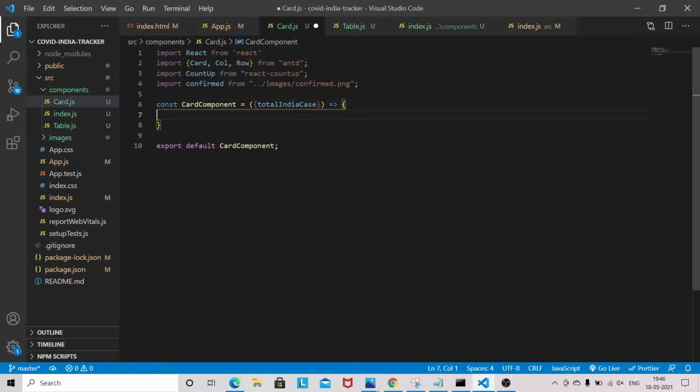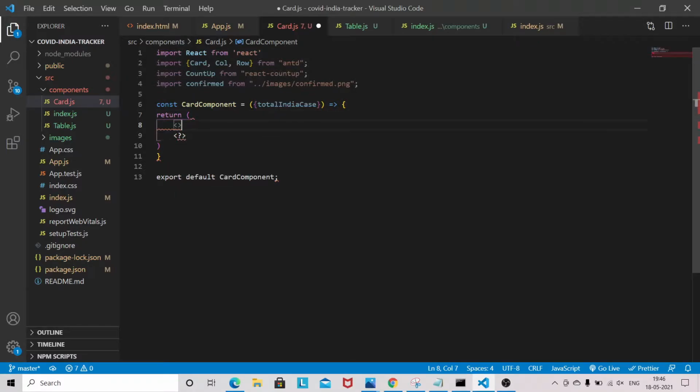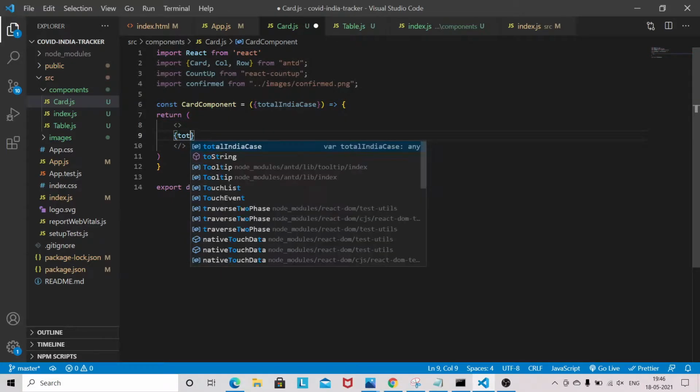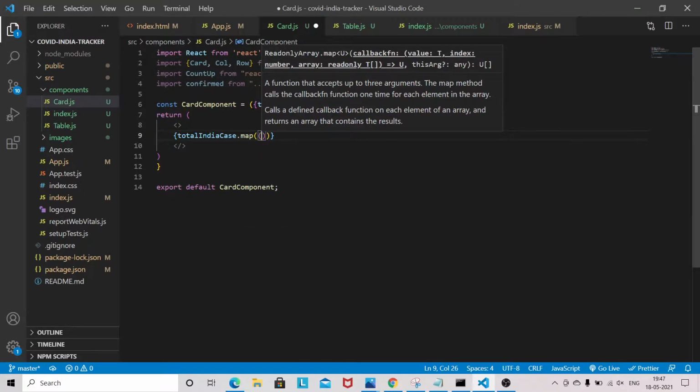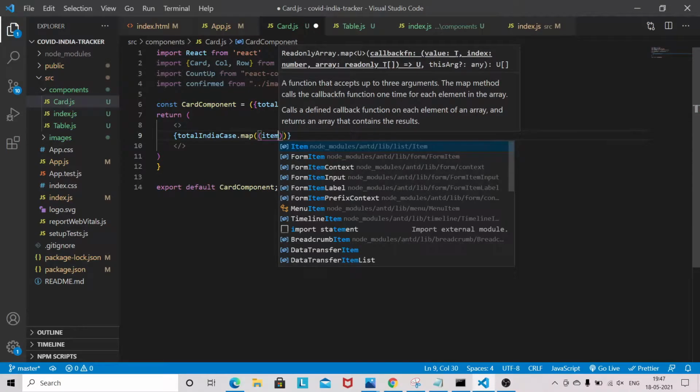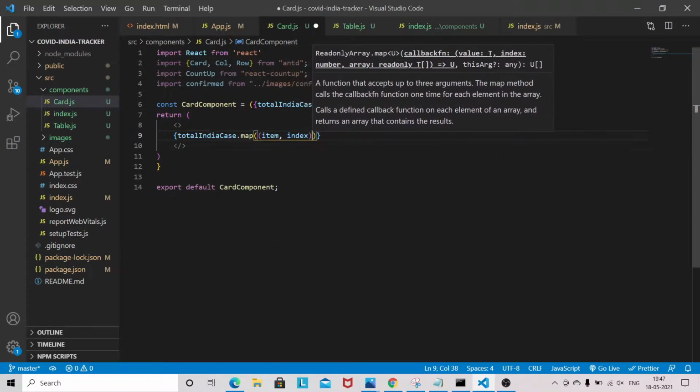Okay, and we will return. Okay, so we'll be having a total India case dot map item, index.